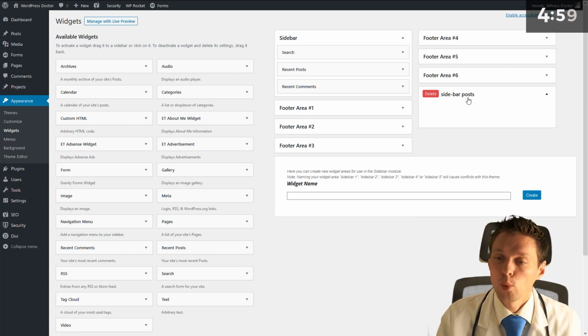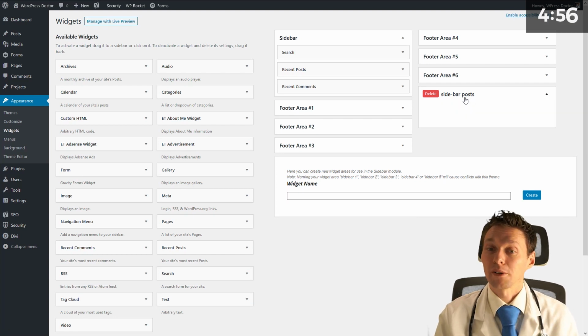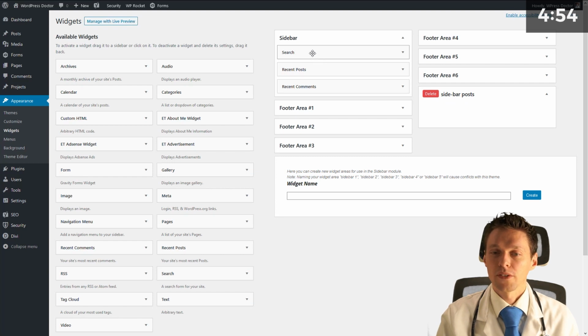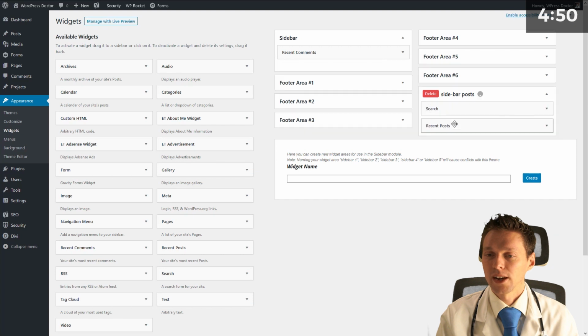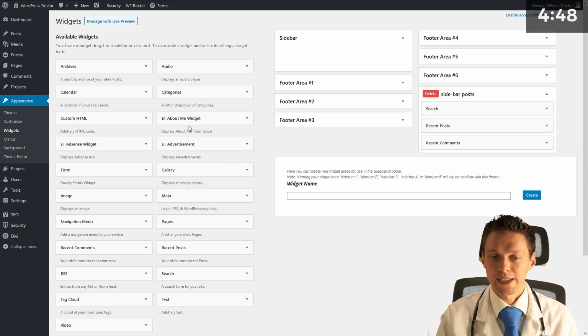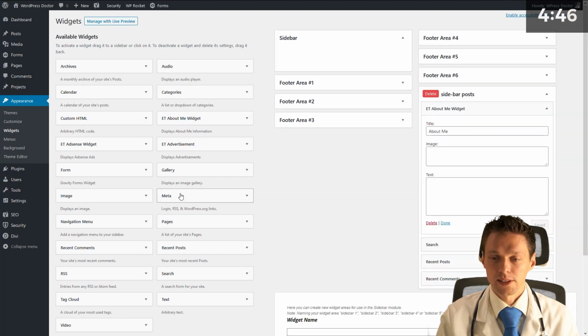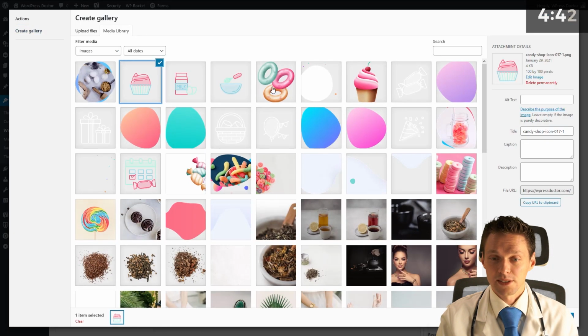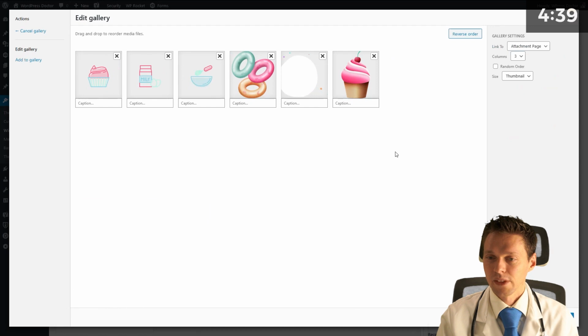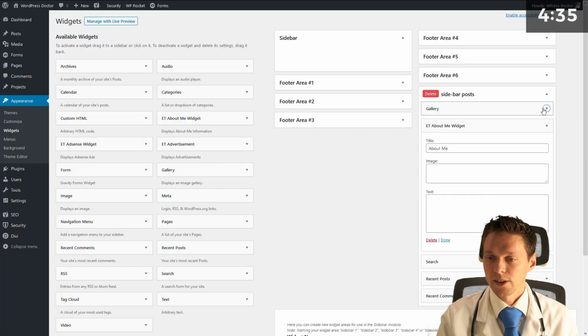So we have now a widget area called Sidebar Posts. And what do I want in there? Actually, I really don't want anything in there, but just to show you guys how it works, you just drag and drop it, about me, and let's add a gallery and add some images. This is awesome. And we're just gonna insert a gallery, and what are we gonna make? About me. And this is such an old thing, I really don't know what I actually should do with it